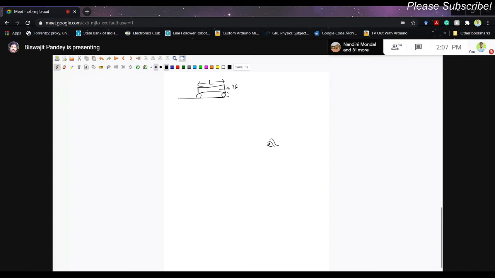When you see the train, you see the front and the back at the same time, right? But this train is moving, so it must have originated somewhere there. Of course, this distance should be quite large so that the light rays are parallel. If it is very close, then of course they will not be parallel. If the observer is far away from the train, you will see two parallel rays coming from the back and the front end of the train. Suppose this angle is theta. Then if you drop a perpendicular, how much will this be? This is L prime.